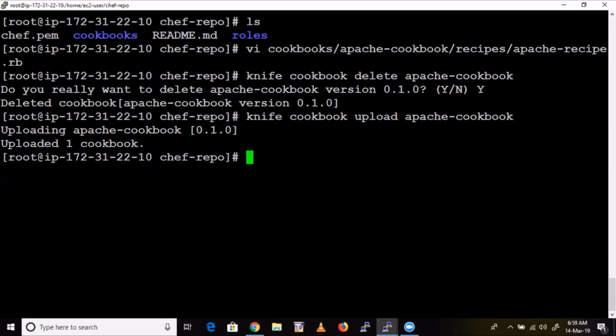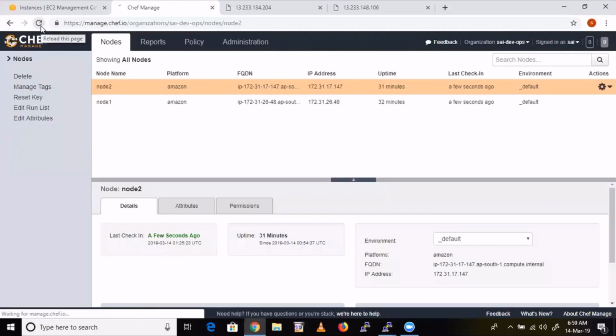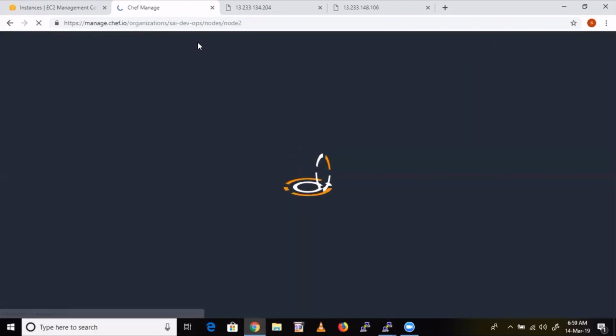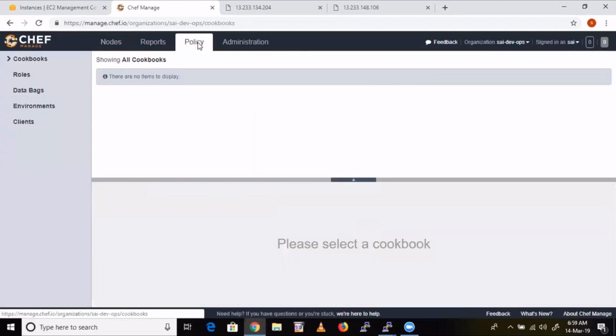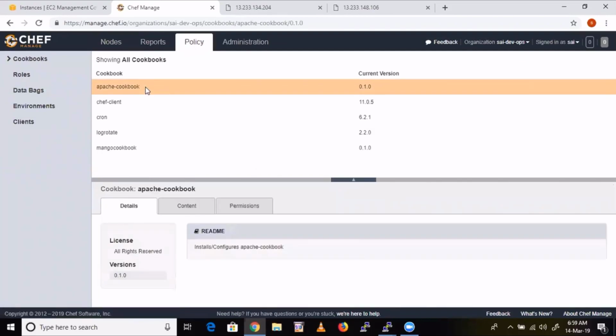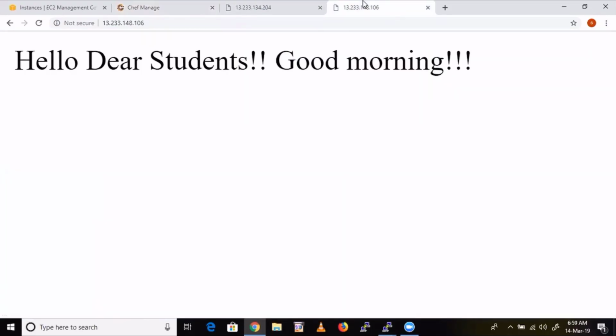Oh, it is showing a lot of, yeah. So see here, in chef server, you can hit refresh. So after 30 seconds, this content should be reflected in all these nodes, these two nodes. Okay, so let's see.